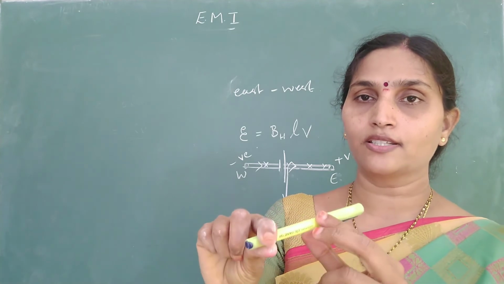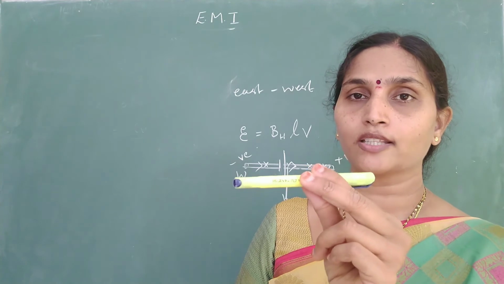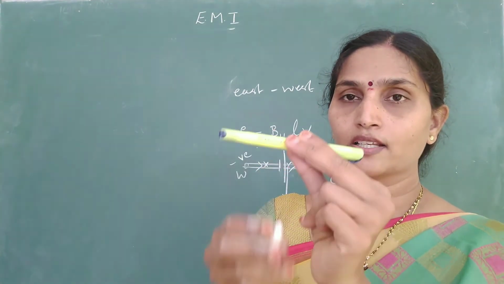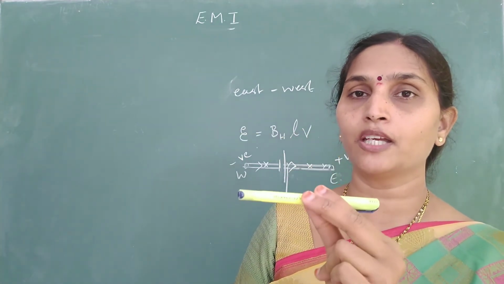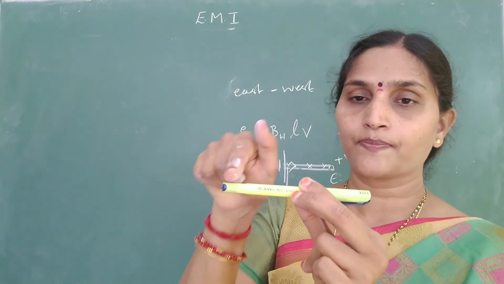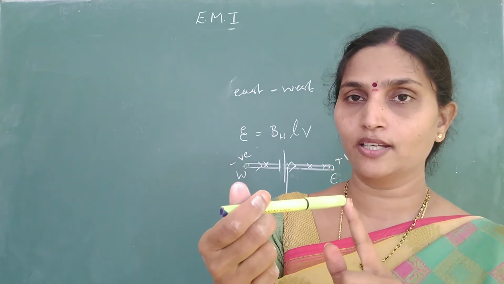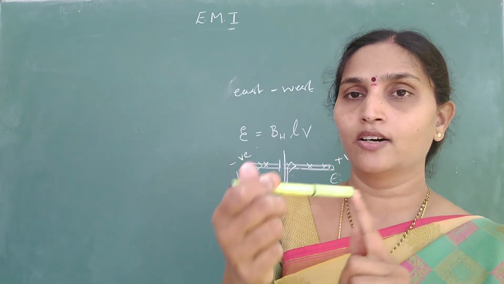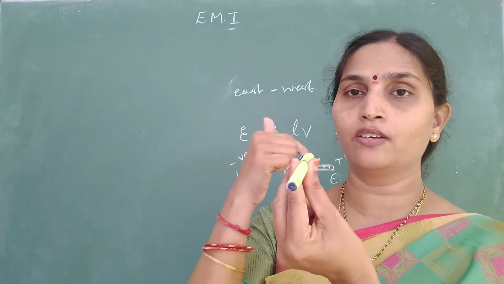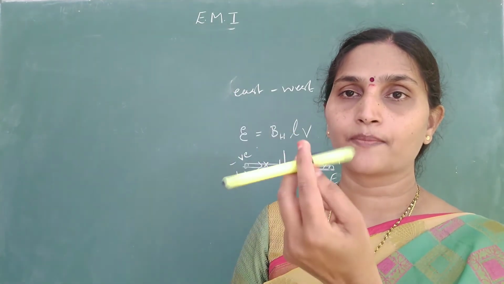If any other direction is given, say I will give you some other direction, not west and east, a northeast direction, so this is how the conductor is inclined and it is falling freely. Then will there be induced EMF? First, split this conductor into two components, horizontal and vertical. I have taken a north-east direction. So resolve this L into two components. One component will be in east-west. One component will be in north-south. I told you north-south, no EMF is induced.